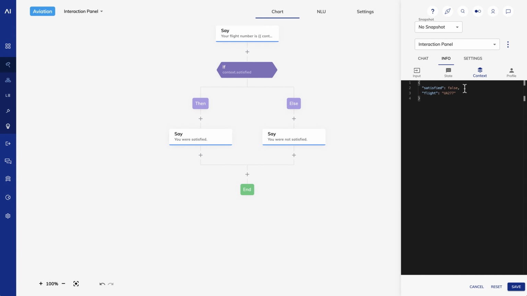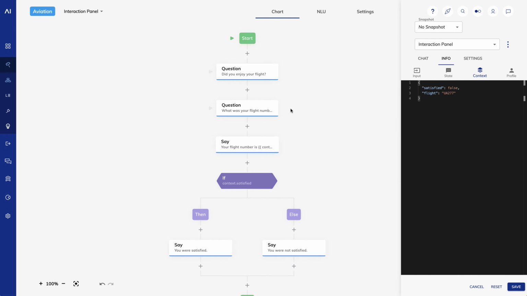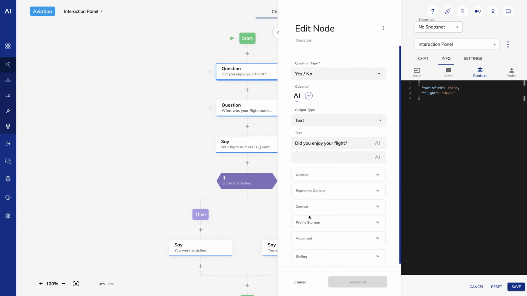Now let's make it one step more interesting. In my question nodes, I'll go under Advanced and select Store Detailed Results.